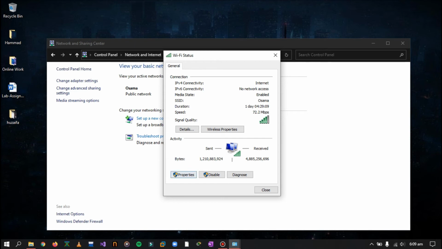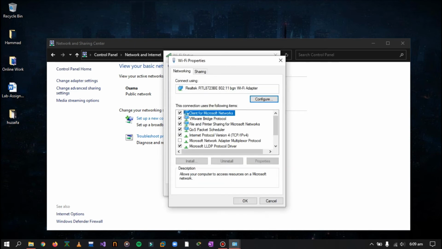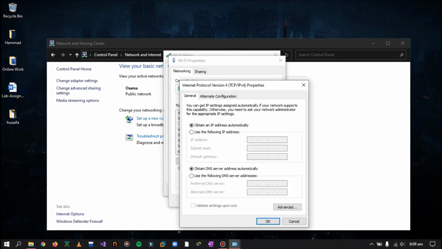We'll just go to Properties. Here you can scroll down and see something as Internet Protocol version 4. Double click on it and you will see two options: obtain an IP address automatically or use the following IP address. So what we are going to do is actually use the following IP address,